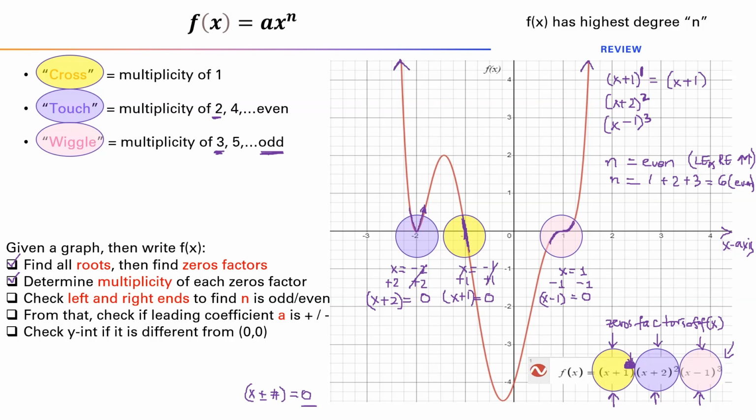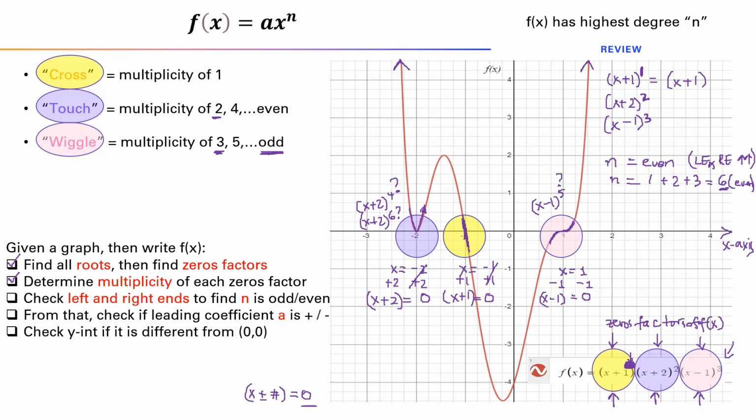So 6 may be the minimum, right? But because we don't know for touching, we can have maybe x plus 2 to the power of 4, or x plus 2 to the power of 6, maybe. So we don't know n yet, but we know n is even. Or this one, x minus 1 to the power of 5,